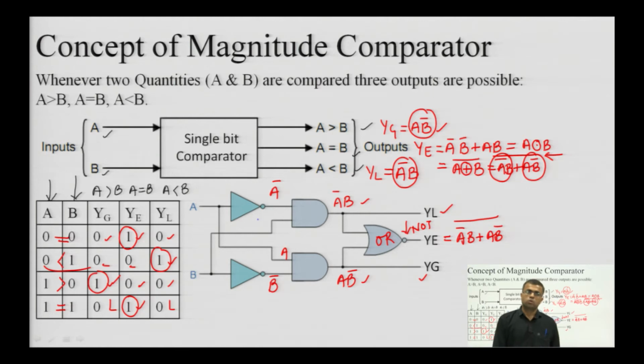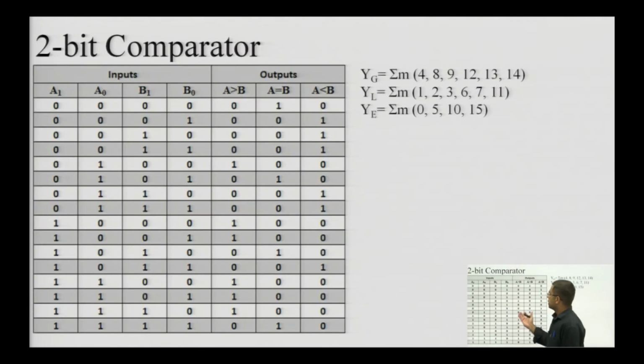Okay. So, now let us extend this 1 bit comparator concept to 2 bit comparison. So, this is the truth table for a 2 bit comparator. So, we can see that now a and b are 2 bit numbers. So, this is a single number a which is having 2 bits, this is a single number b which is further having 2 bits. Now, the size of a and b are 2 bits each. Okay. So, if we look at this carefully, a and b are further having 2 bits.